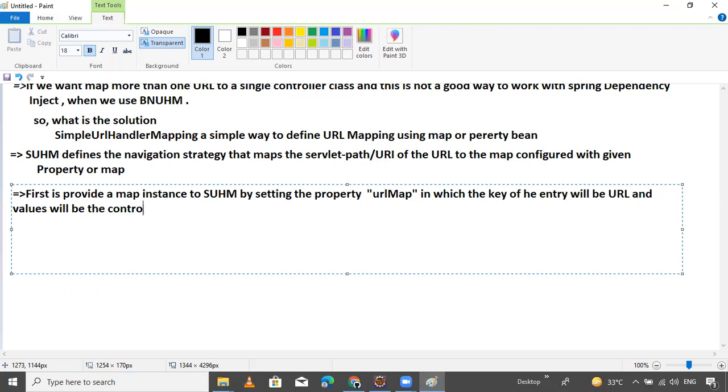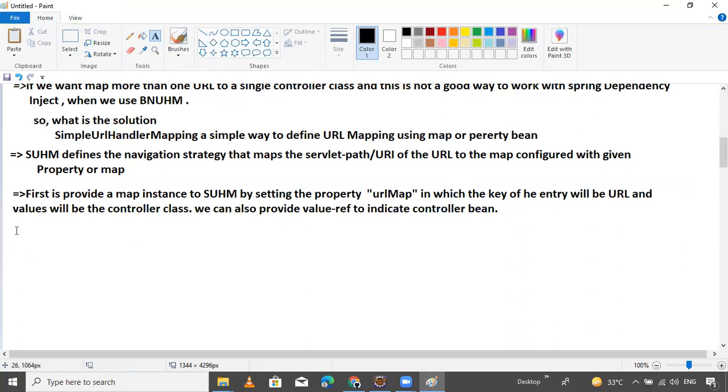The values will be the controller classes. We can also provide values ref to indicate controller bean classes. This is the point I want to share with you guys.